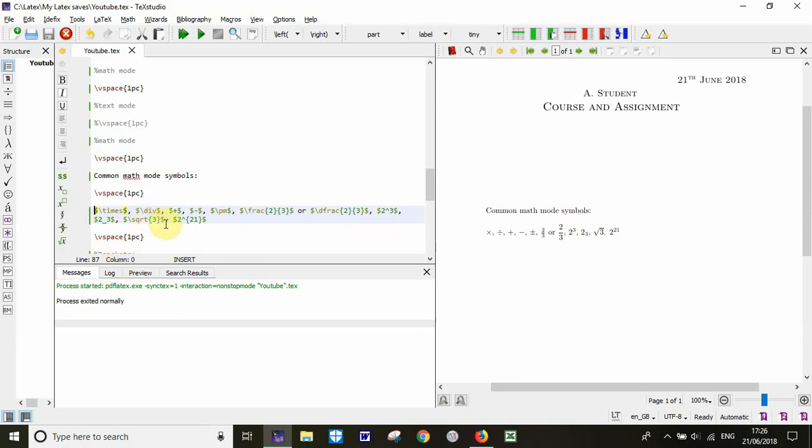Now you can see that when I've got a longer number or an expression that's more than 1 character long in an exponent or a subscript, I have to put it in curly brackets. So if I take these out, you can see that it thinks that only the 2 is part of the exponent. And as it was before, if I put them back, you can see that it would be 2^{21}. Right, now moving back on